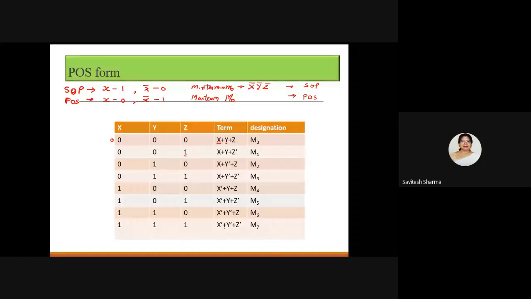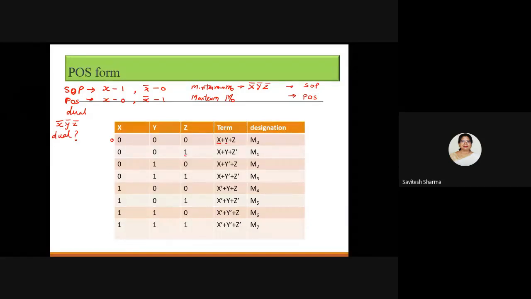So actually it is a dual. As I told you, what is dual? Dual of min term. You know how to get the dual? Let me tell you again. If you have a term like x complement, y complement, z complement and you want to find its dual, all you need to do is make true signals complement, and complement ones you take as true signal, just make it opposite.